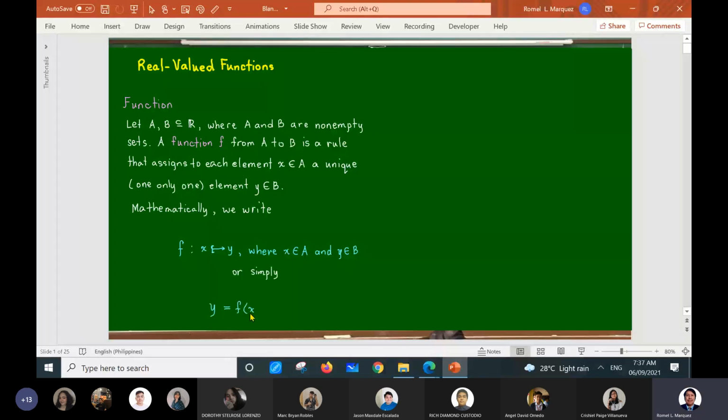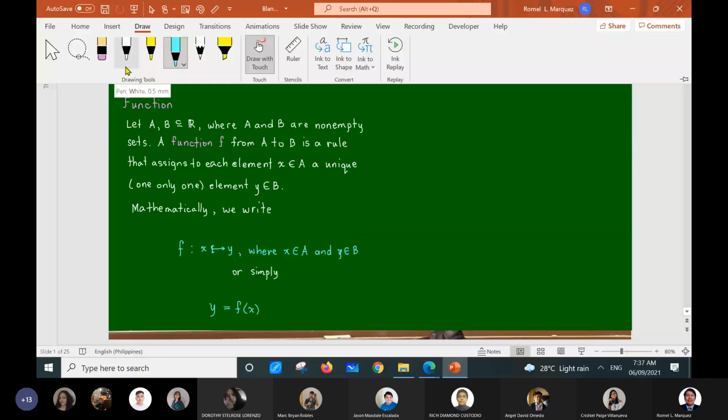So instead of this complicated mathematical form of the definition, now, in this simple notation for a function sending x to a unique y,